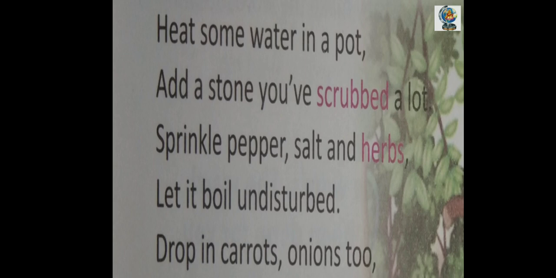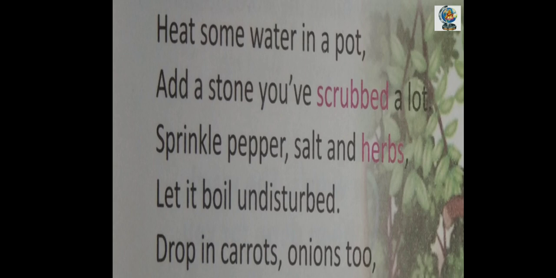It is one spice which tastes very spicy. It is added in a dish for the spicy taste.